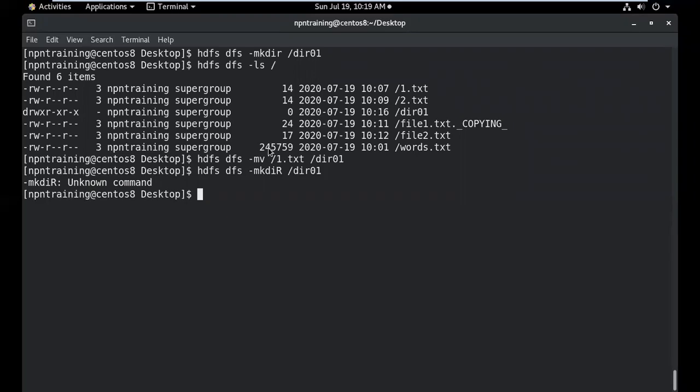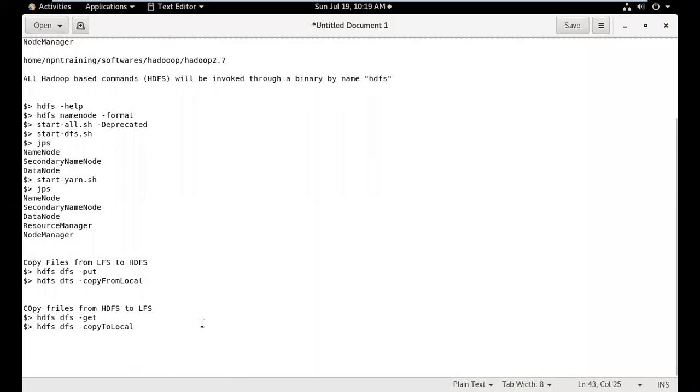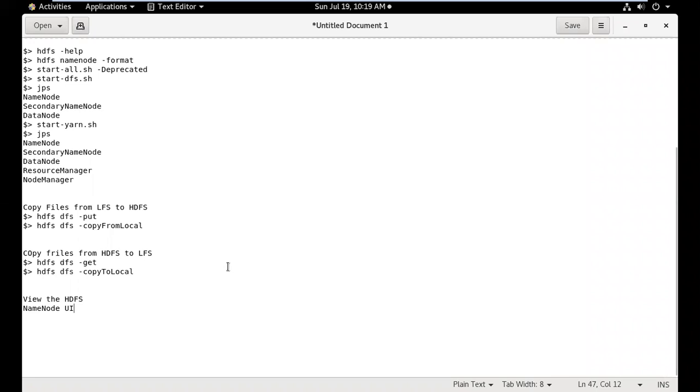Now, what I was trying to tell you here is, if you want to view the HDFS, this is very important, you have something called the name node UI. I think yesterday we saw it. You can browse the name node using this name node UI. But this name node UI is just read only. For example, you can only view the content of a file. You can't use it to copy a file from one place to another. It will not allow you. This is very, very important.